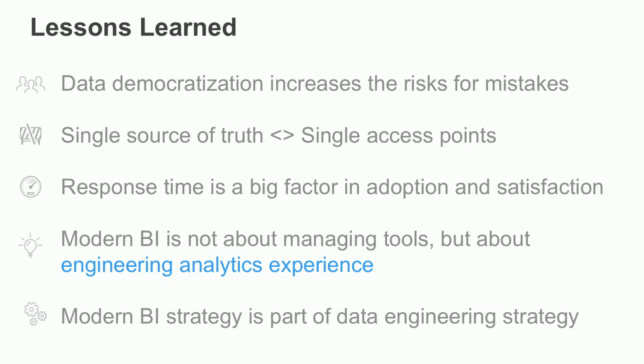Yeah, you get data quality, you get control, but when you put in more control, you get less data democratization. So the way to do this is, yes, single source of truth. You want to have the data in your data lake that is clean and augmented, but that doesn't mean you have a single access point. Just give people access to the data in whatever technology they want, whether it's Tableau, a notebook in Databricks, a Jupyter notebook, or R or Spark, whatever they want. As long as they can come back to the same augmented data set, you have clean data, and they can pick and choose the compute technology that they want.